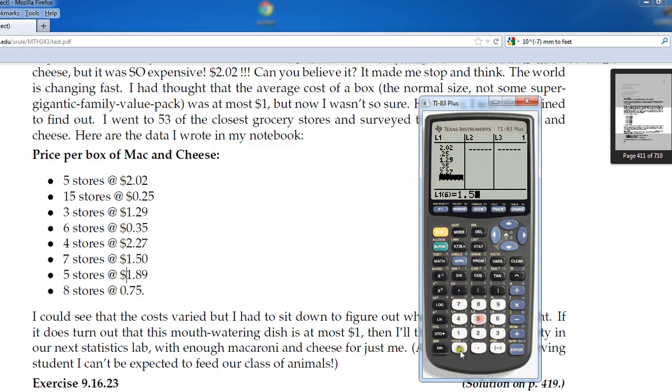I mean, from my college days, I remember the deluxe mac and cheese. When we had a little extra money, we'd buy that stuff, the good stuff. The stuff that you didn't have to mix the cheese. It was already goopily mixed in the packages.